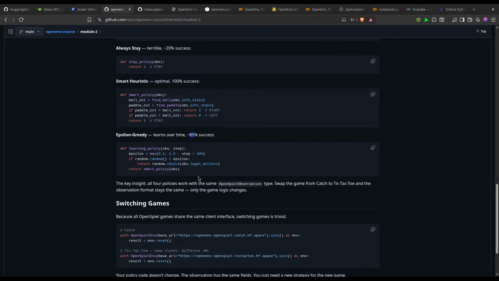So how is our 85% of... if random.random is less than... if you are randomly selecting any number and it should be less than epsilon, which should be 0.1 after 90 steps. I think this will be returning the choice from the legal actions of the observation, and we will be returning the smart policy, which is this.